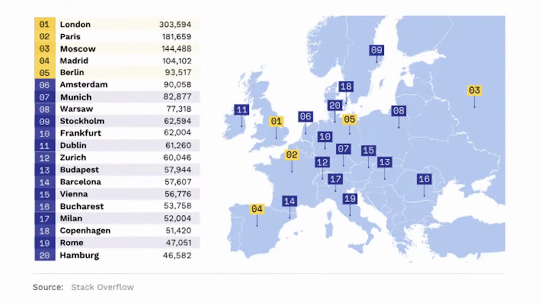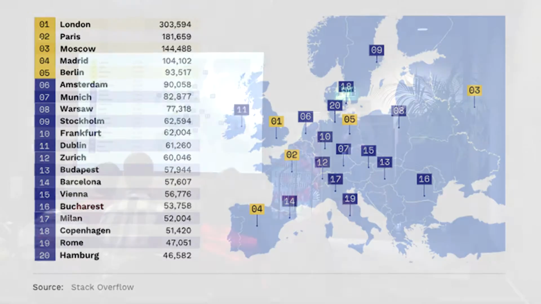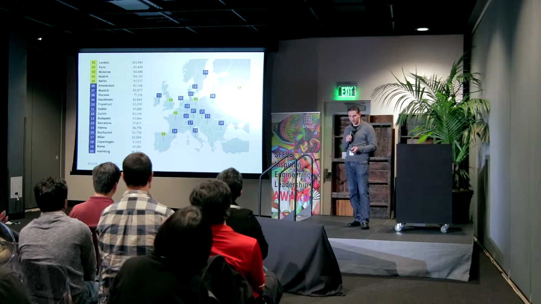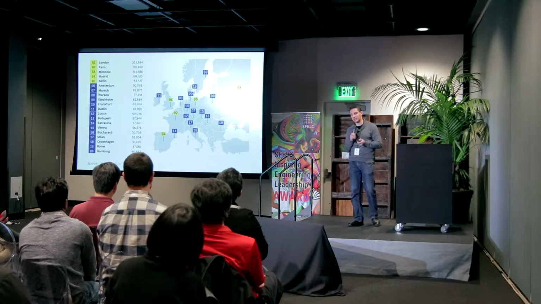And then lastly, here's a breakdown of the major cities in a lot of the countries that we just showed, and how the amount of talent stacks up. You can see the main players: London, Paris, Moscow, Madrid, and Berlin up there. But there's also plenty of talent in Stockholm, Vienna, and Bucharest. So you can basically go worldwide. And so then the question becomes, how do I make a decision in terms of going into this particular country or that particular country? And we'll get to that in a minute.